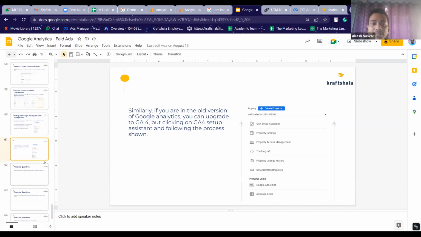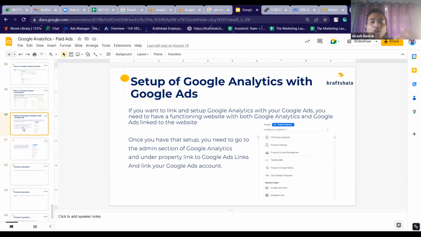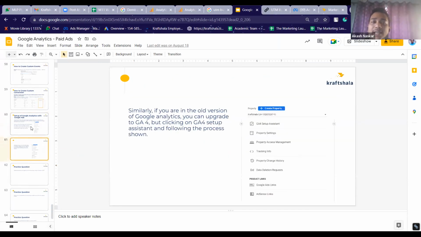Okay, this is a very straightforward thing. But the only reason that we are teaching you how to link it is that when you actually go on the job, for example, if you start working for a new brand or for a lot of brands, Google Analytics is not correctly set up. So for that reason, you have to go there and set up Google Analytics. This is one of the crucial steps in setting up: you add your Google Analytics and your Google Ads account, and you link them together so that all of your data is present in Google Analytics.